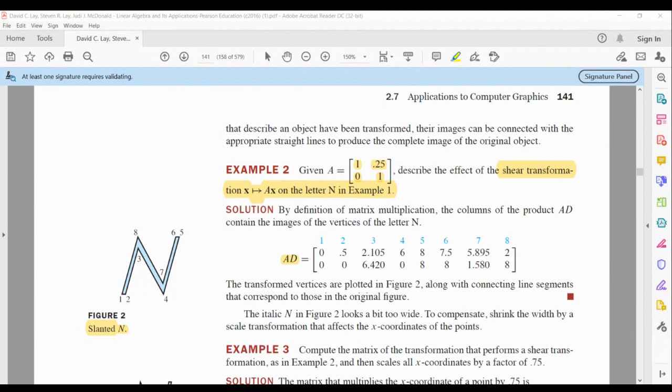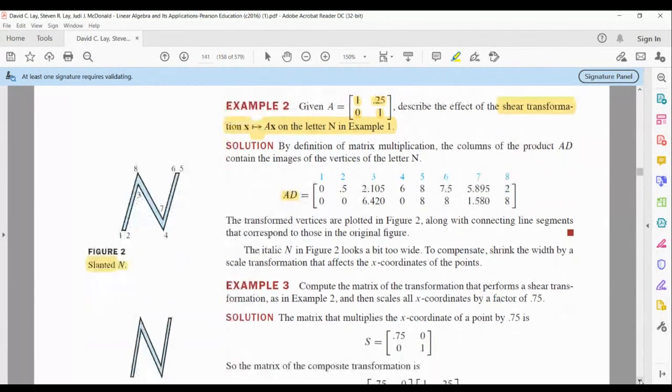Okay, good, excellent. All right, but you can do additional things. Like, for instance, in example 3,